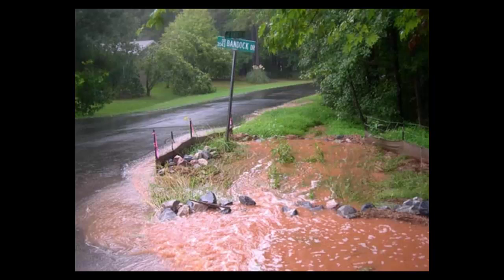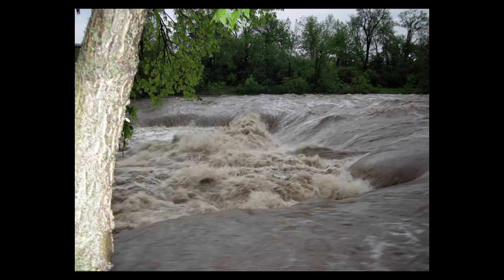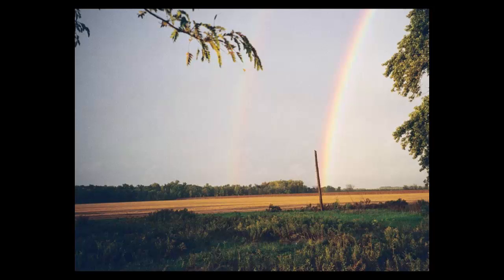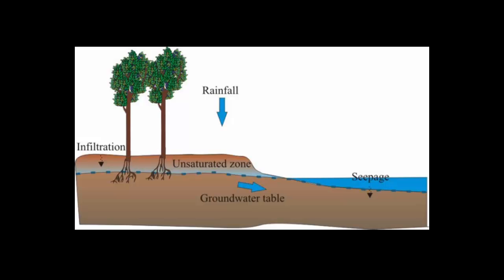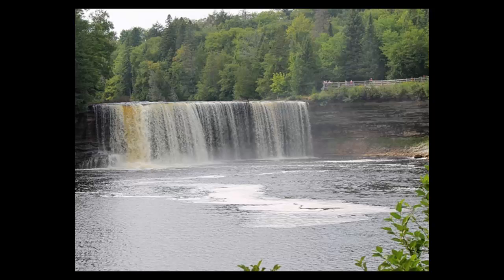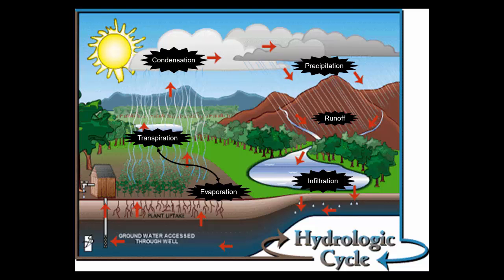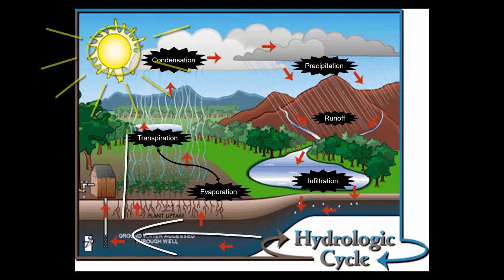Let's begin with a brief overview of the water quality issues, especially where they relate to precipitation and runoff. From a raging stream during spring snowmelt to a gentle summer rain, to the slow movement of water through the ground, water is in constant motion. The movement and endless recycling of water between the atmosphere, the land surface, and underground aquifers is called the hydrologic cycle. This movement, driven by the energy of the sun and the force of gravity, supplies the water needed to